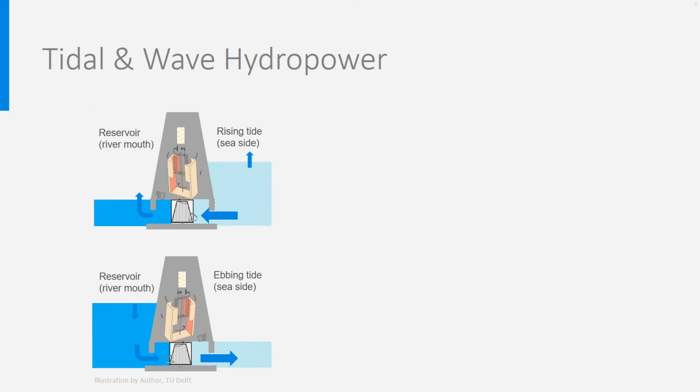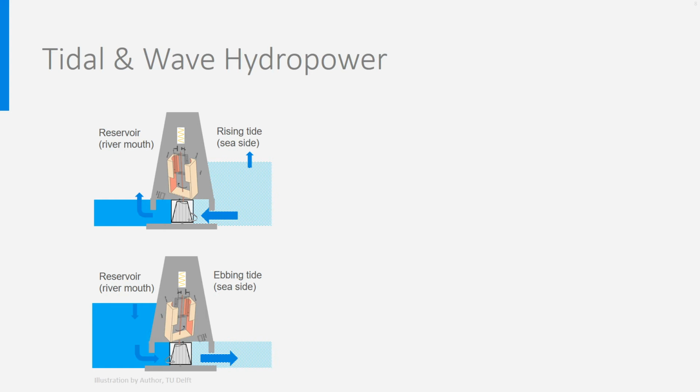Next to the classical hydropower, tidal energy from oceans can be used as well. Tidal hydropower is a constant source of power on Earth, as tides are induced by the rotation of the moon around Earth, and there are two times a day ebb and flood, inducing water flows and height differences. Some tidal turbines make use of the induced water flows, that is the kinetic energy of the flow, others of the water height difference between ebb and flood, therefore the potential energy of water, by storing water in reservoirs at high tides. These work like classic river hydropower at ebbing tide. Additional reservoirs can also be used to produce electricity between the tides.